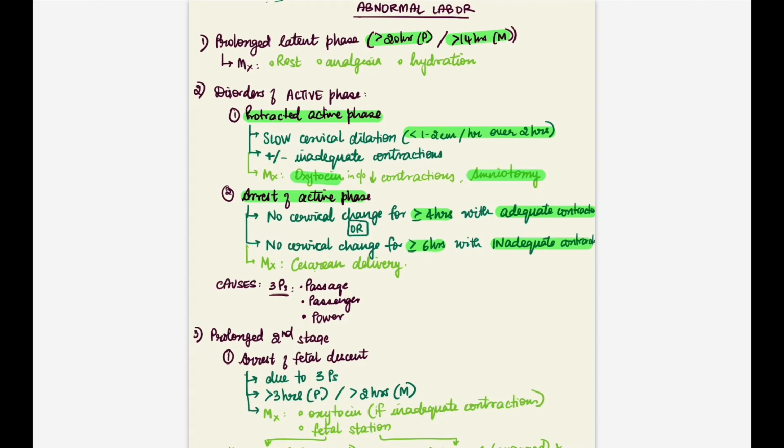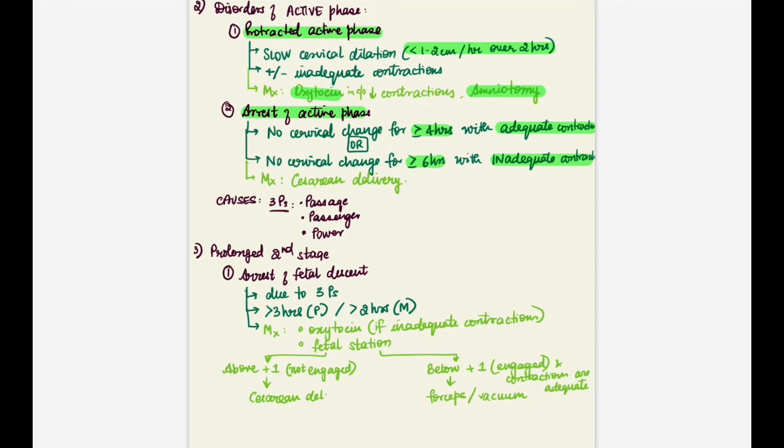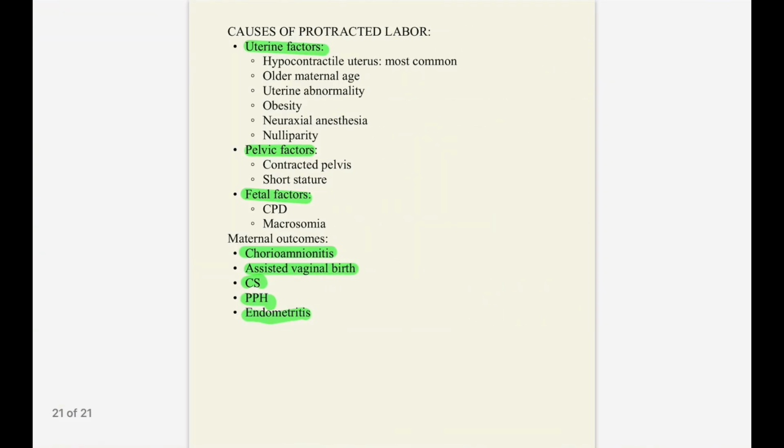All right. Next, we come to a prolonged second stage of labor. Second stage of labor basically starts with a completely dilated cervix, 10 centimeters, and ends with the delivery of the baby. Now, what we usually see in second stage is that most patients who go on to deliver vaginally would have done so after 60 to 90 minutes of pushing. Now, an arrest of fetal descent or a prolonged second stage again can happen due to the three P's, that is the passage, the passenger, or the power. These are similar to the factors that we discussed here.